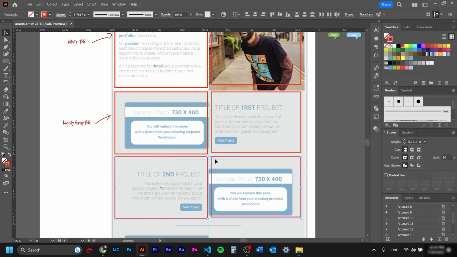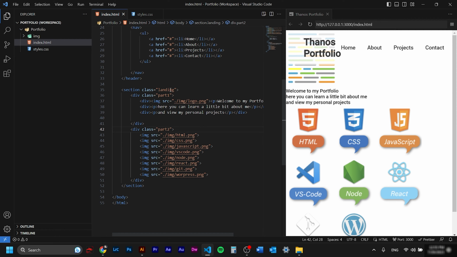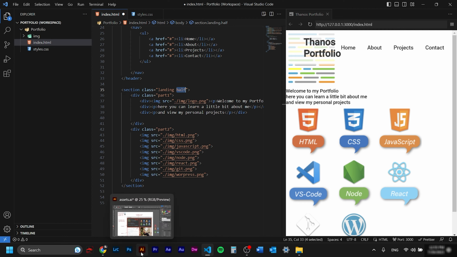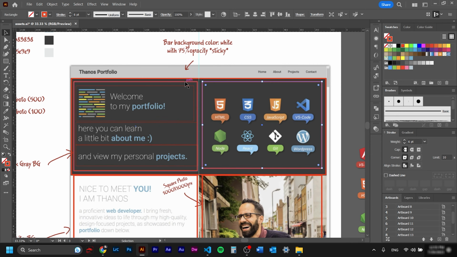So we'll have to keep this one in mind, and that's the reason why I'm going to add a second class in the section landing, which is going to be half, and this class we're going to use later on to split in half the next section whenever we need. And the second tip I want to give you is because I want to have full control of these 2 divs that they separate exactly in the middle.